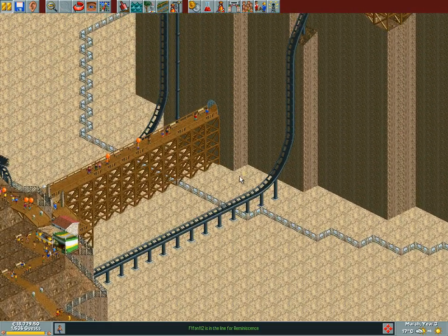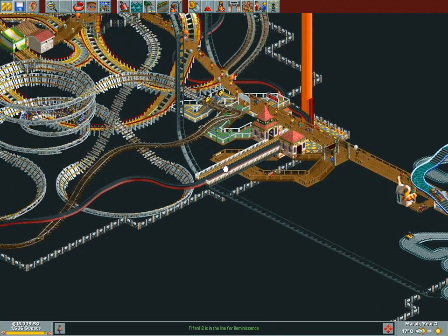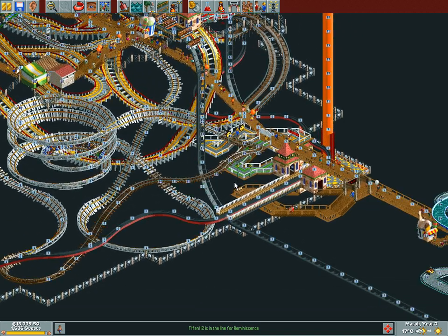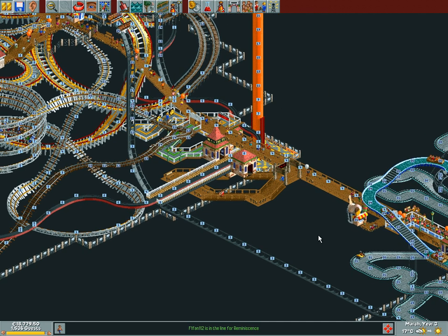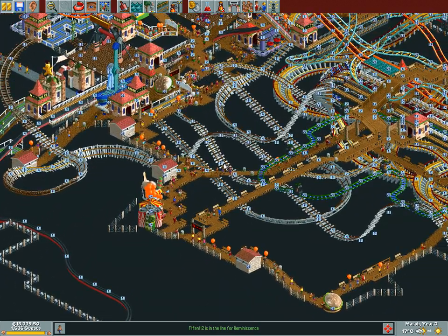Especially for the bit over here. Just look at the amount of space that is free over here. I cannot imagine that it would be impossible for us to somehow construct something over here. The only small issue that we would have is getting through the mess of tracks. However, basically, whoa,